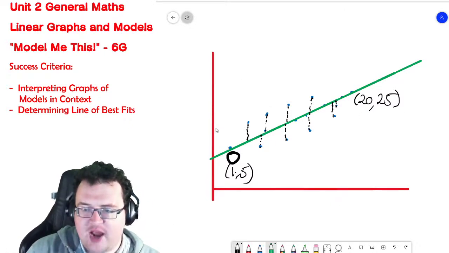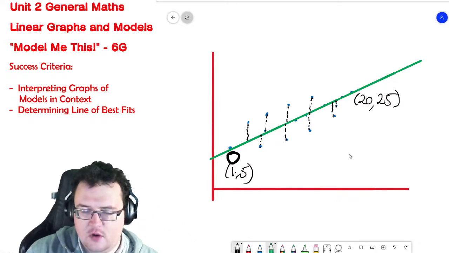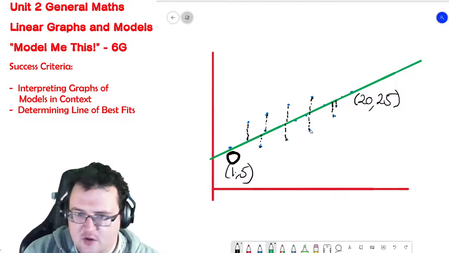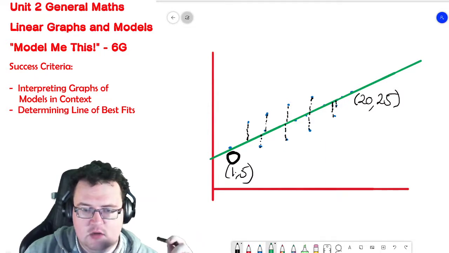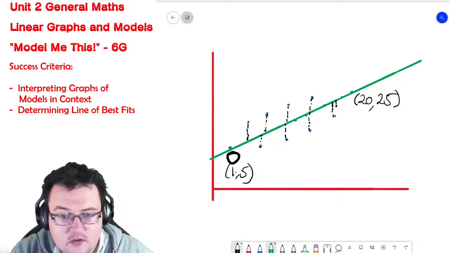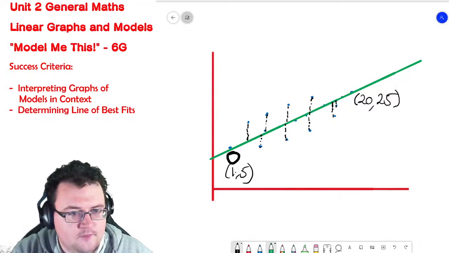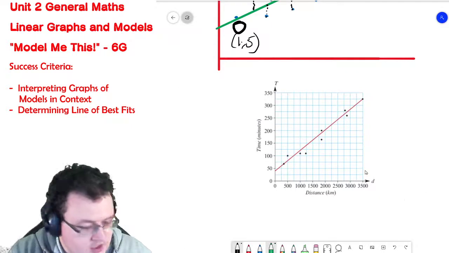So what this looks like in practice is when we are dealing with things that are relatively close together in terms of their grouping, but they're not a perfectly straight line. So for that, we're going to use an example of a distance versus time chart. All right, and that looks something like this. All right. So what you'll notice here